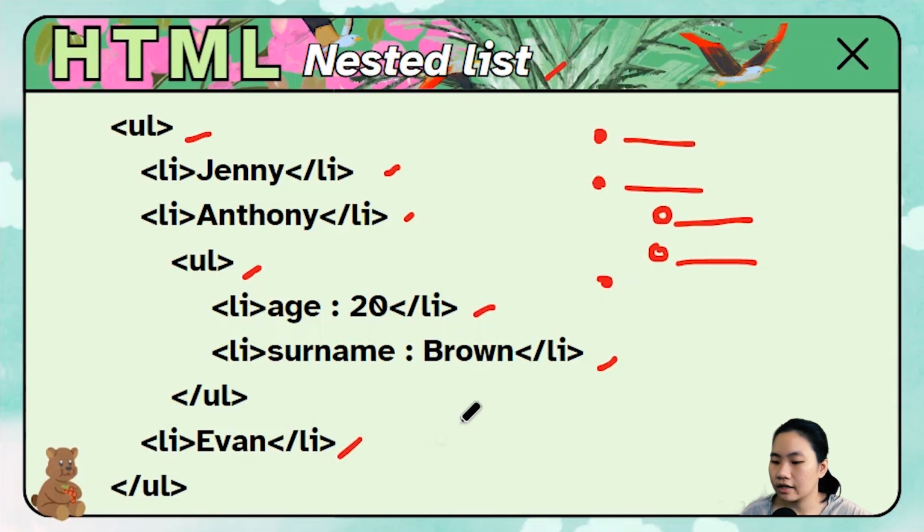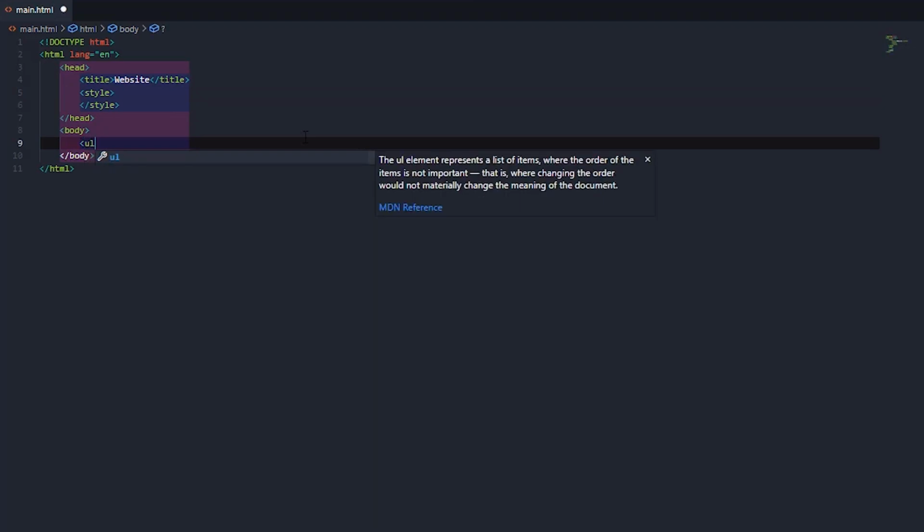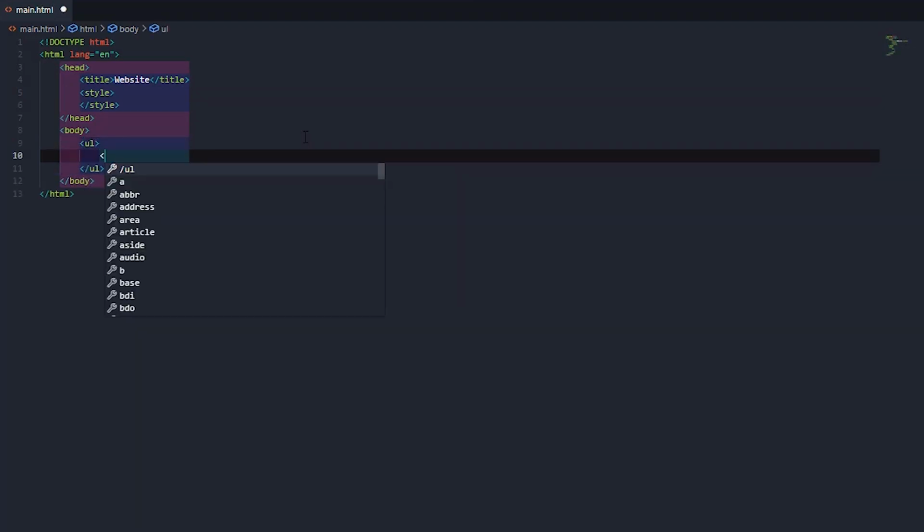And down here we have list item Evan, and Evan would just be down here. So this is the format, the default format. Obviously you can change, and there are a lot of customizations, but for now we're just gonna go with the default. Let's create an unordered list with a bunch of list items,